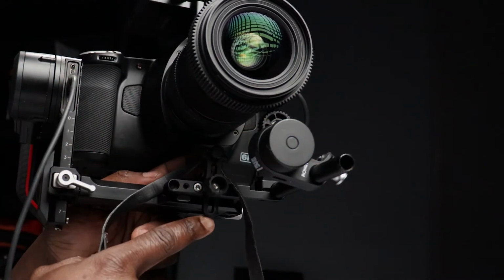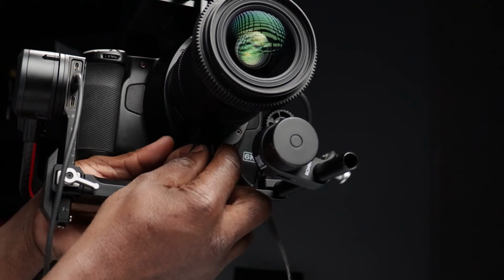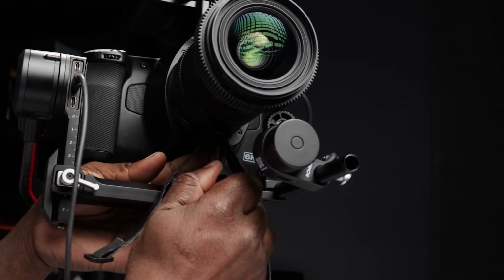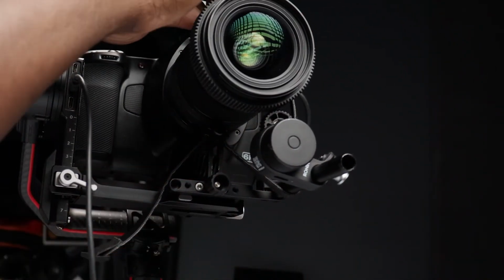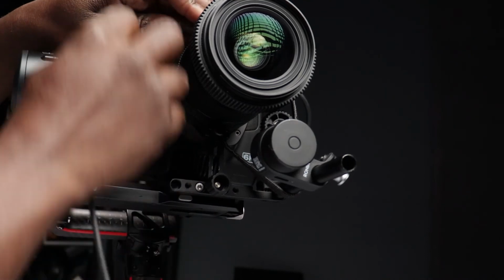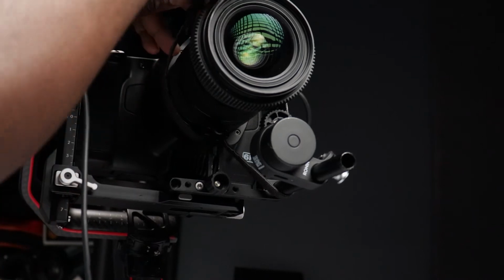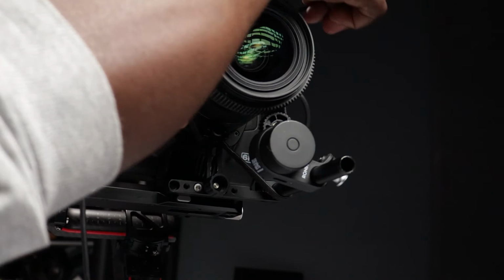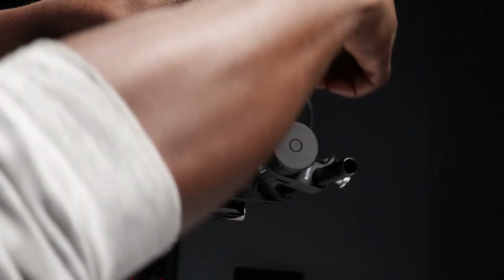So for the lens strap, I want to bring this lens strap all the way up as much as possible, right? And once it's all the way up, I'm going to tighten this knob here to secure it in place like that. And I'm going to take the strap, wrap it around the follow focus rod, bring it all the way up and around, and then push it through and strap this. Give it a little bit of tension, not too much, but just enough tension to be able to hold your gear in place,